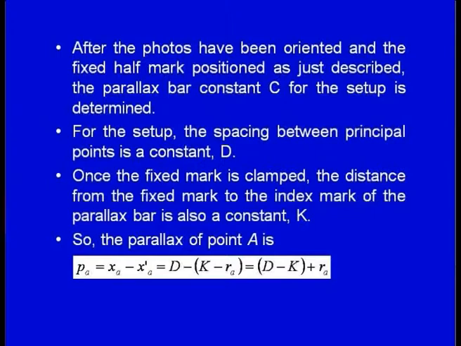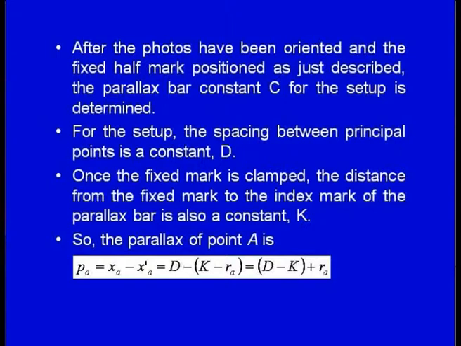For the setup, the spacing between the principal points is a constant factor d. Once the fixed mark is clamped, the distance from the fixed mark to the index mark of the parallax bar is also a constant k. So, the parallax of a point A can be expressed as P A is equal to x A minus x A dash,